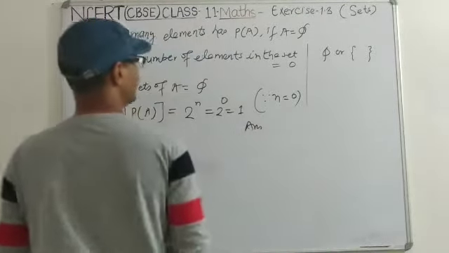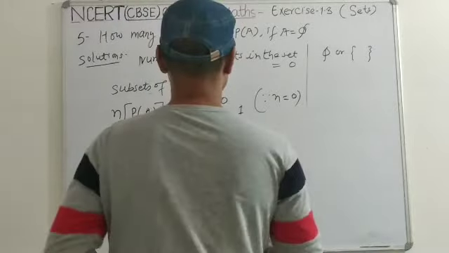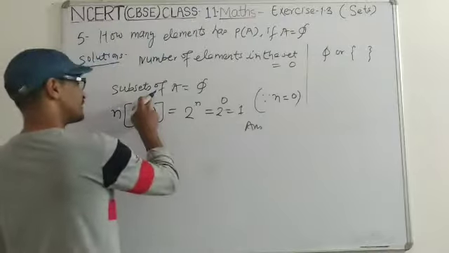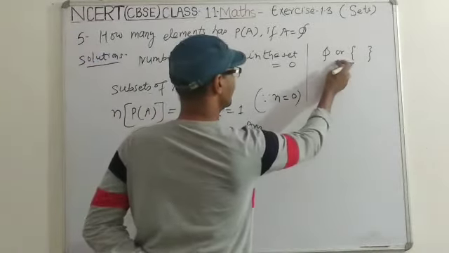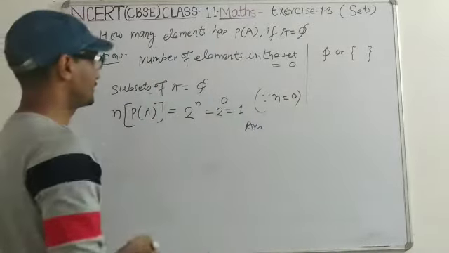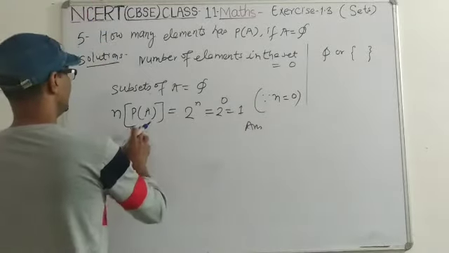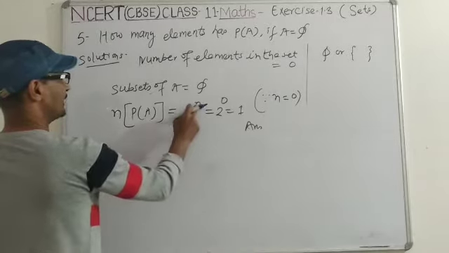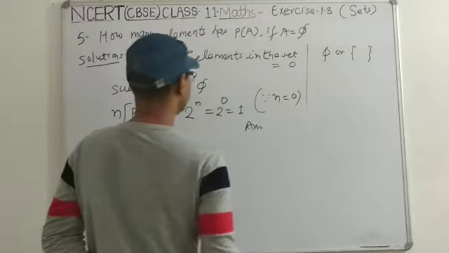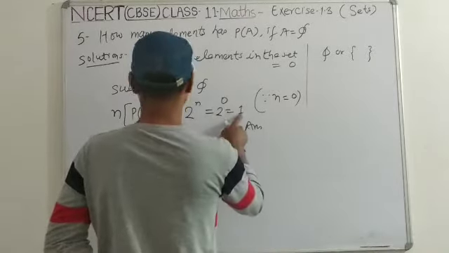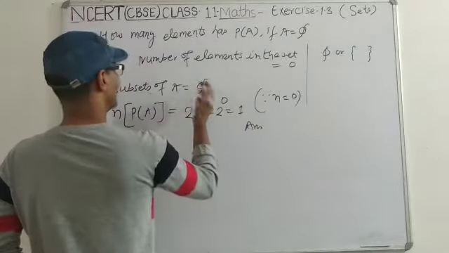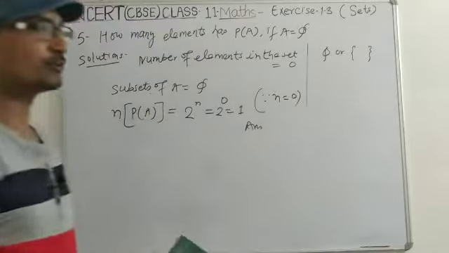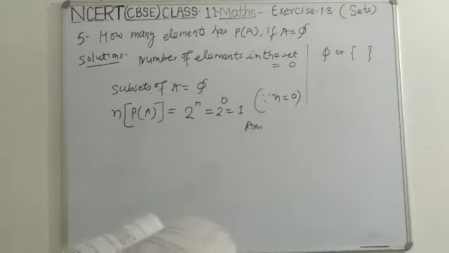The number of elements in the set is 0, and the subsets of A equal to phi, the empty set, means phi is a subset of itself. To find the power set, the formula is 2 power n, where n is the number of elements in the set. n is 0, so 2 power 0 is 1. And when we count the subsets of A there is also only one set, and by the formula we also get 1. So it is the power set.